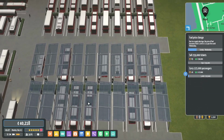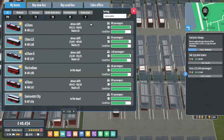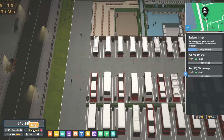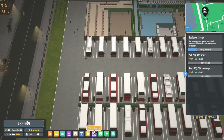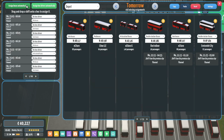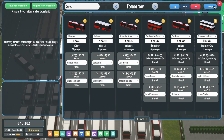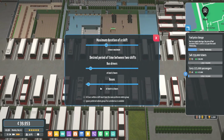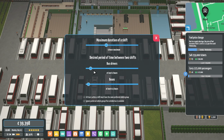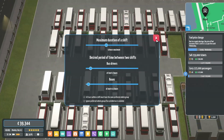This episode parks at a 90-degree angle. No, there isn't, right. All good. And we don't have any broken buses either. And we have 40,000 in the bank. And today we have all buses assigned. Tomorrow we can assign all buses. I mean, we've had to cut down some of this just to make sure we have enough buses and drivers, but that's kind of back towards what the default is. Right,